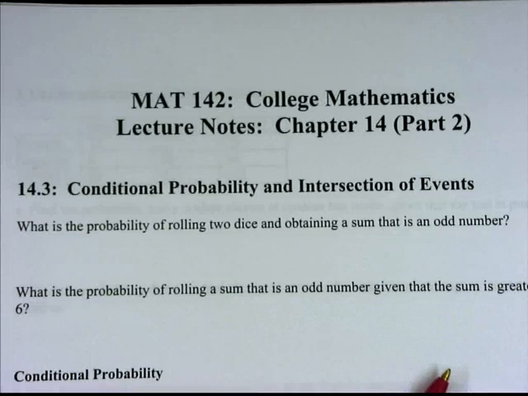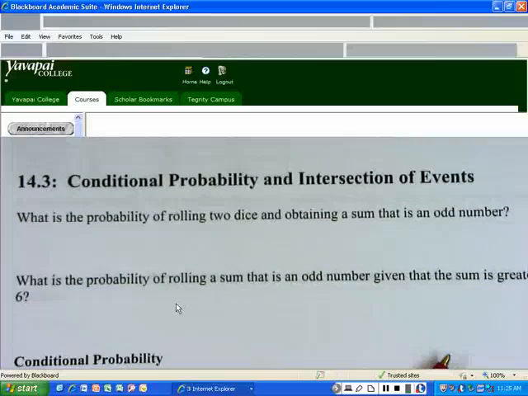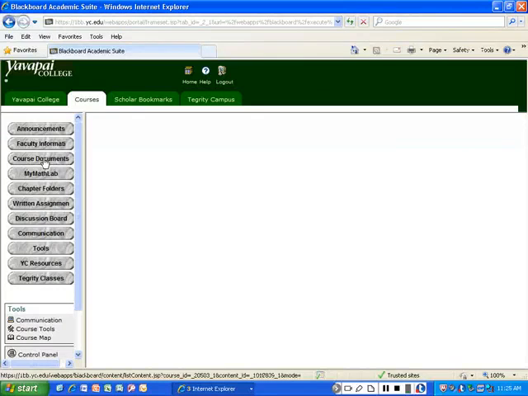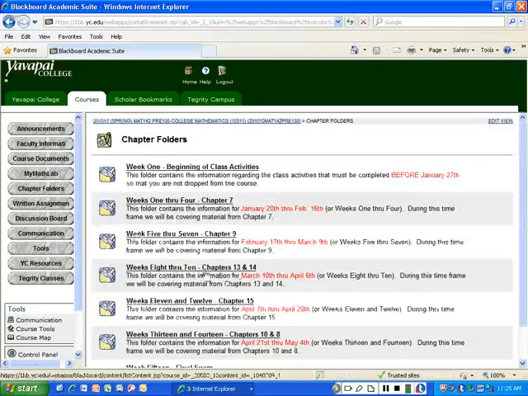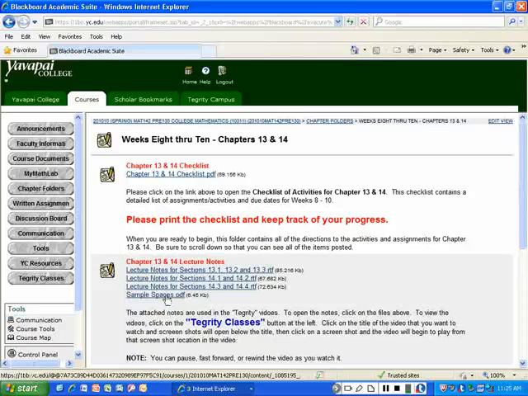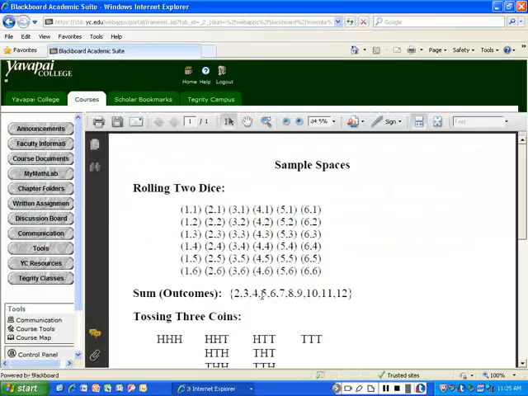Now, in order to do these dice problems, what I always use is this sample space document. It's on Blackboard, under chapter folders. Go to chapters 13 and 14, and underneath the lecture notes is the sample spaces. If you open that, the very top of it is rolling 2 dice. So if you look at that,